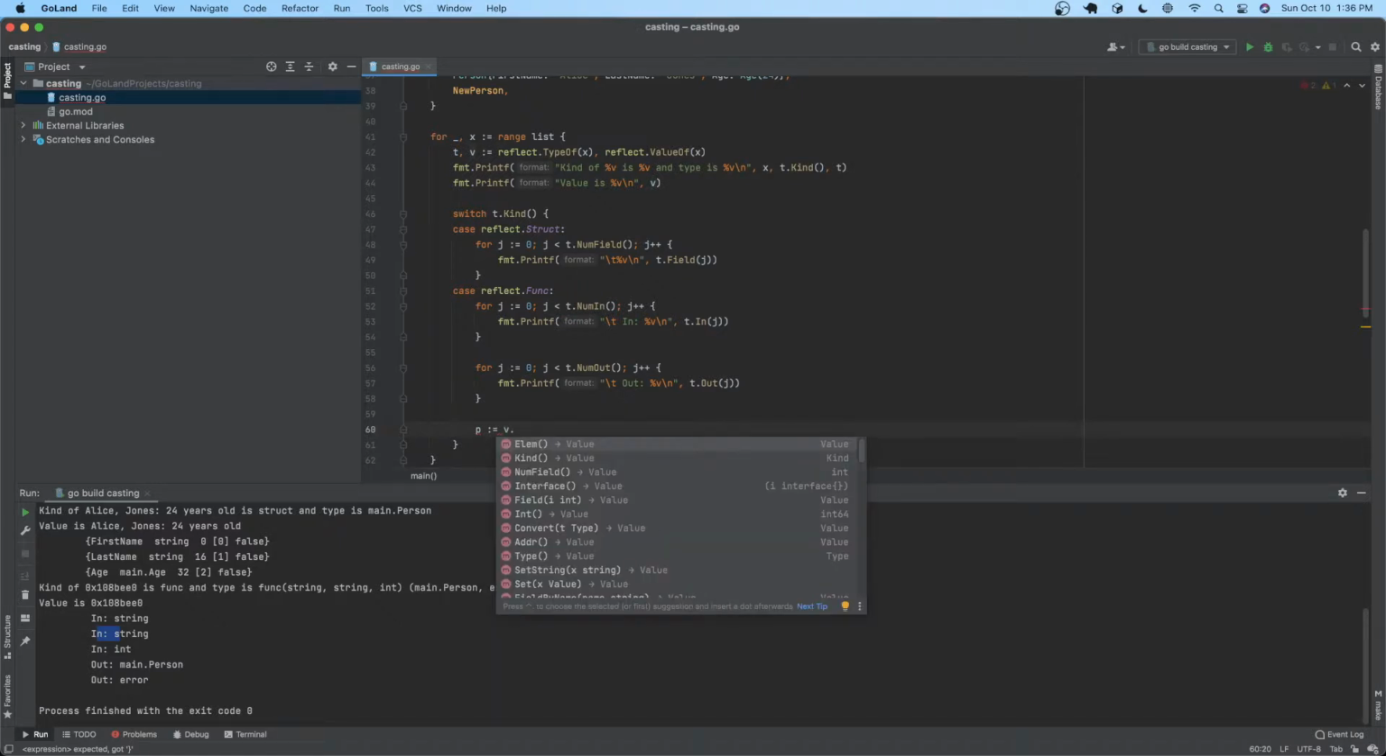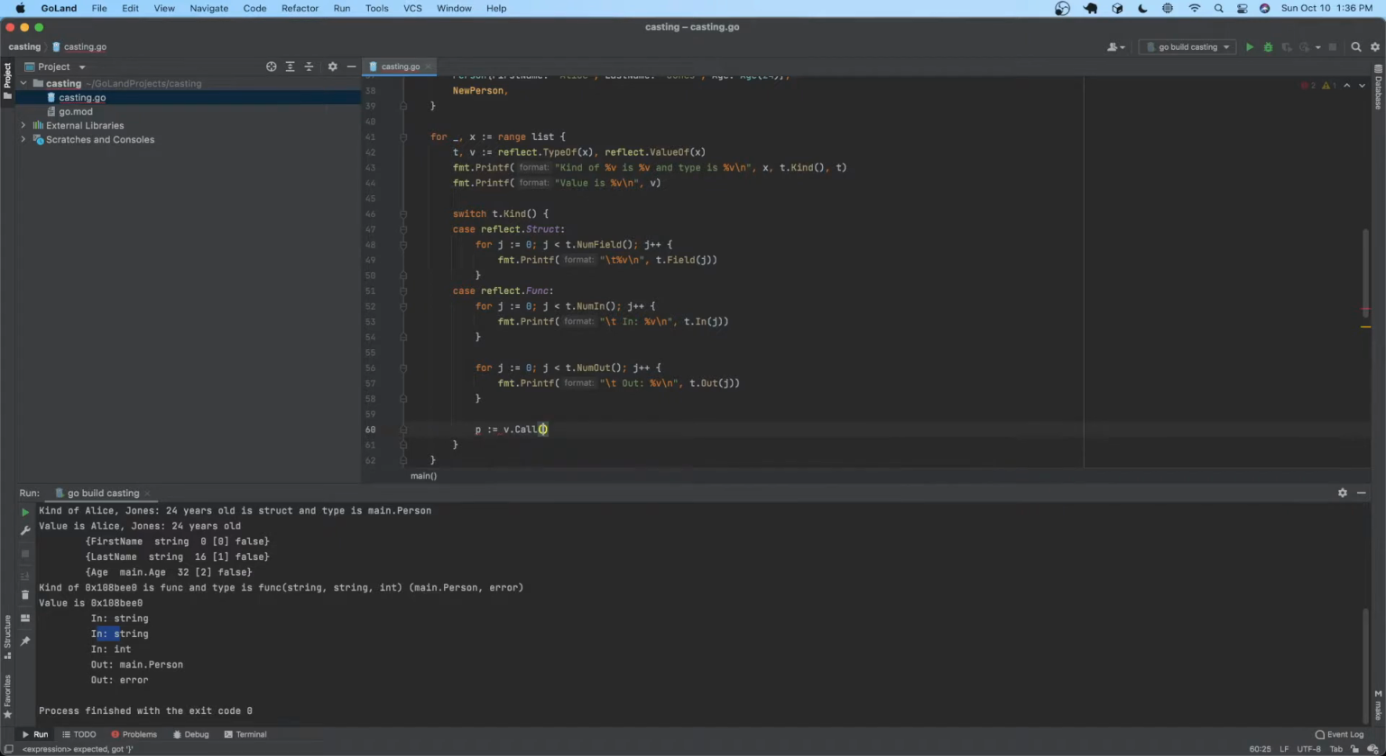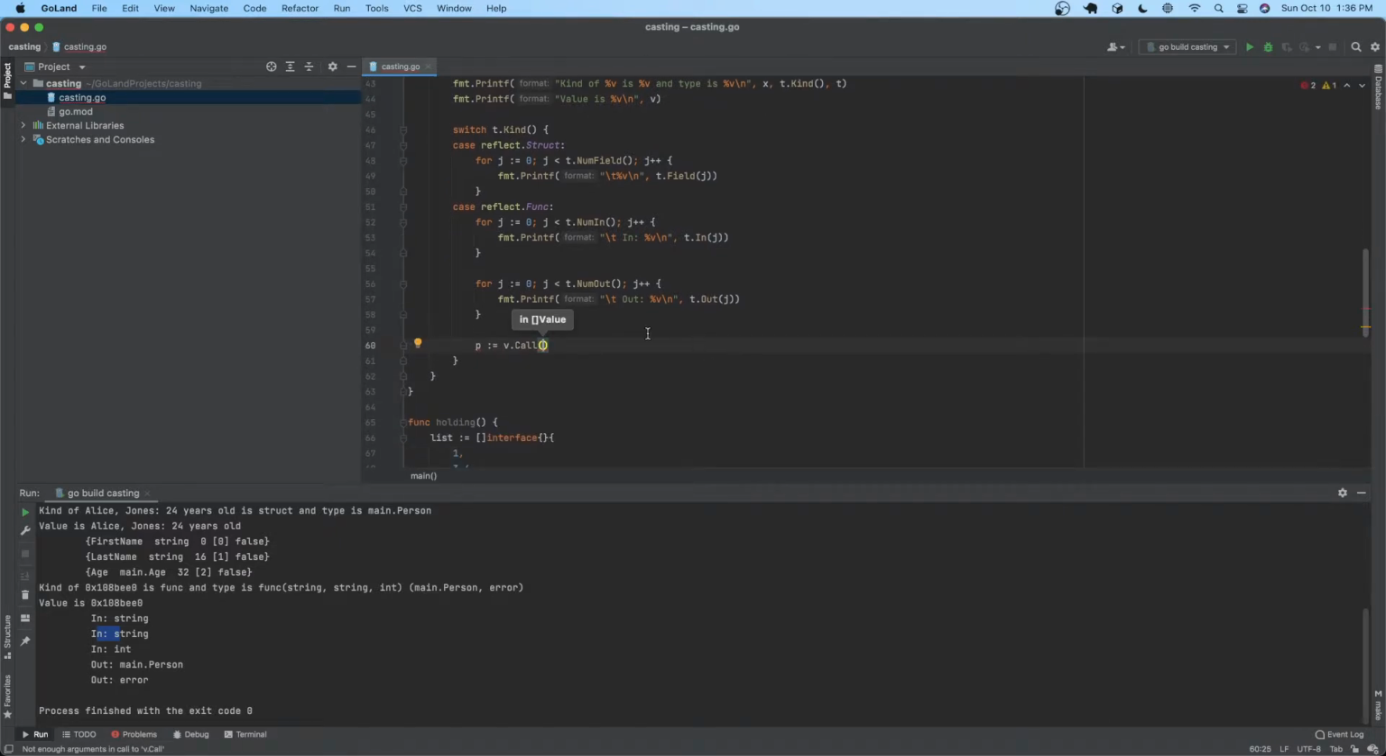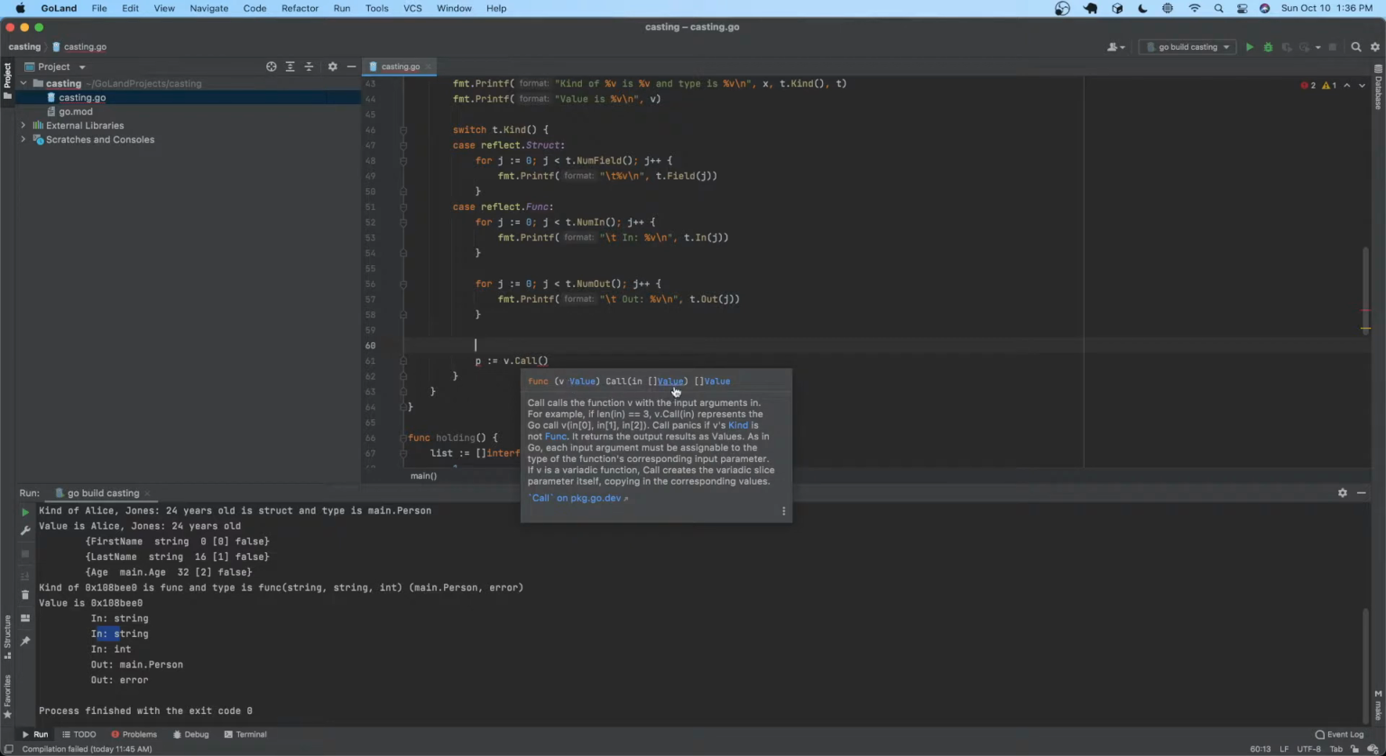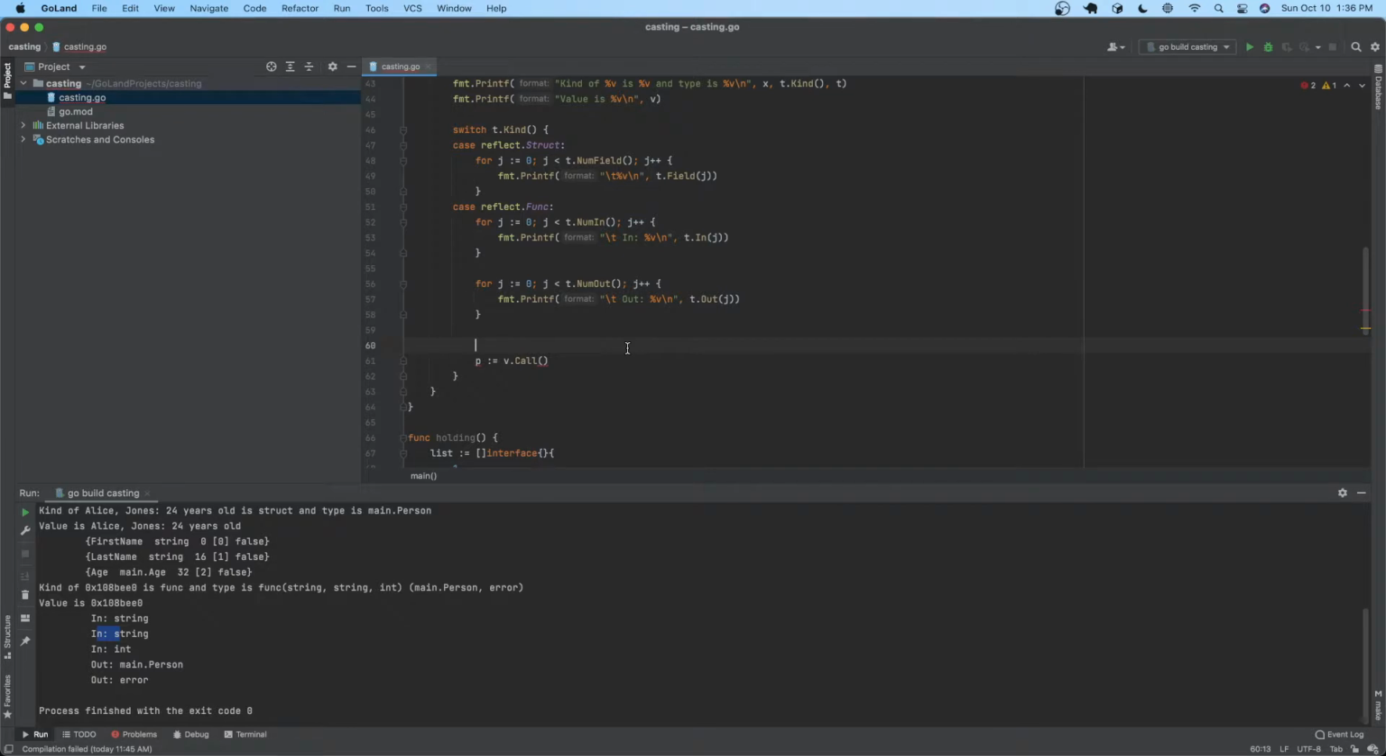Because it is a function, we can call it and we can pass in some values. What values are we going to pass in here? That's up to us. Because we're going to pass in reflect values, if you look at Call, it takes a slice of reflect values and returns a slice of values. So we can't just pass in strings and stuff. We have to wrap them in a value. But let's go ahead and create some